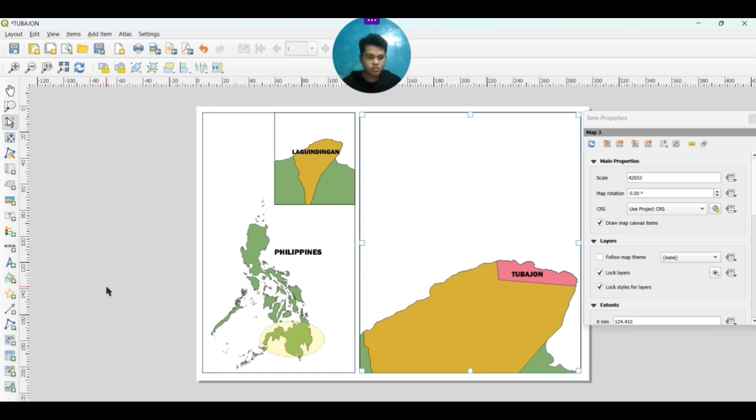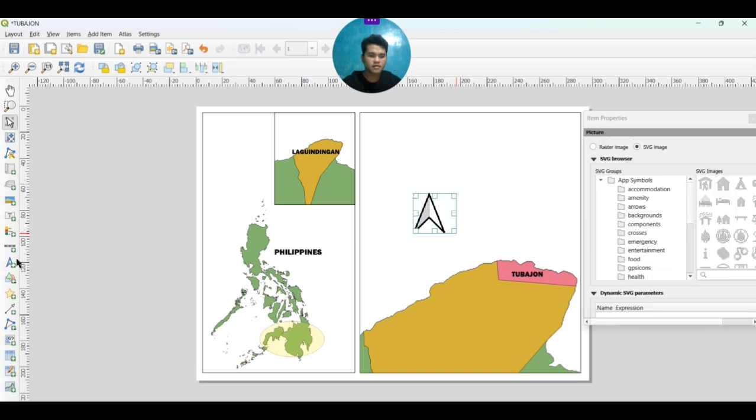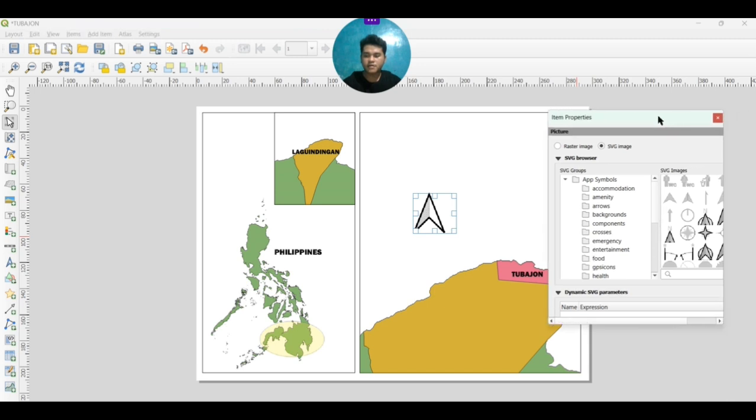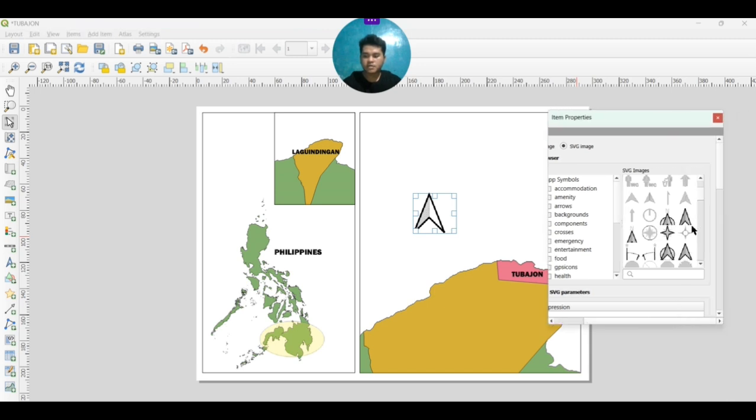Next, I just want to add some signs or the compass that I wanted. So here, I just click here where it came from. Select the other symbols.